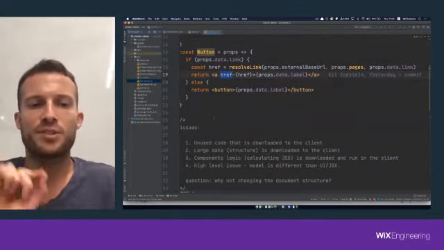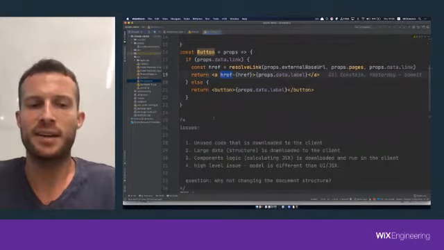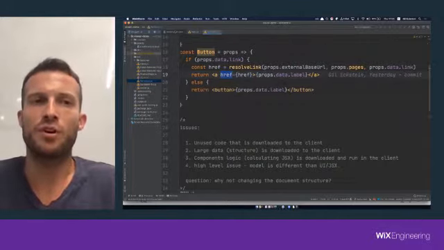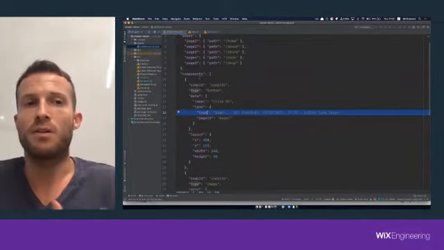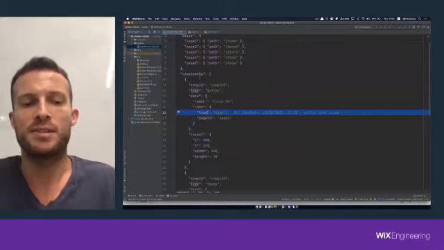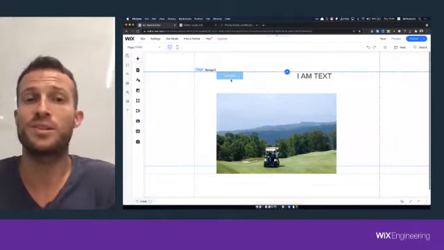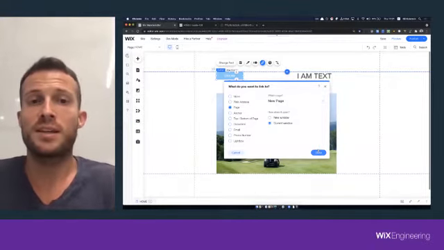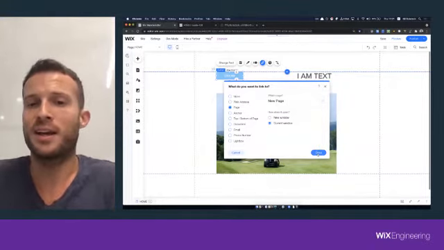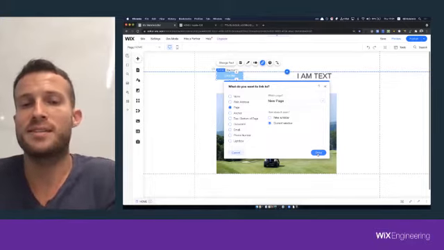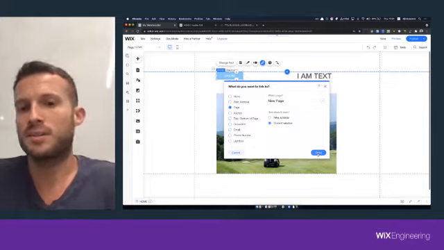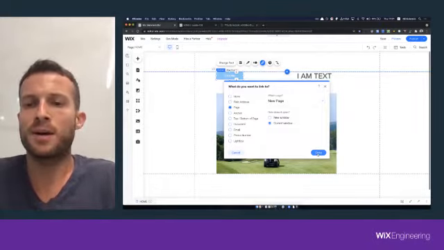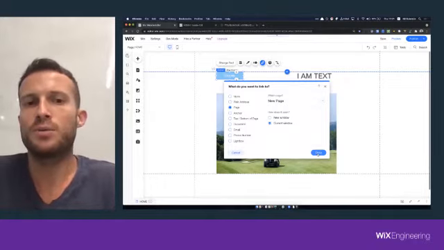Before I show you the fix, there is one question that I get a lot when I talk about this. Why not change the structure of the document? Why not save the href on the document when I'm publishing the site in the editor side? Whenever the user chooses that he wants the button link, I can calculate the href and save this instead of whatever I saved before. This could save me all this work, but I actually moved the issue to the editor, because